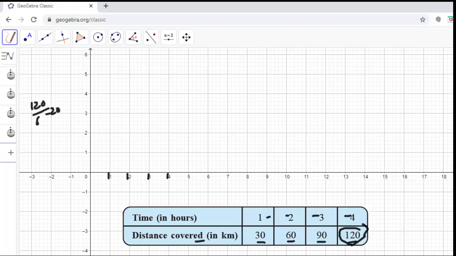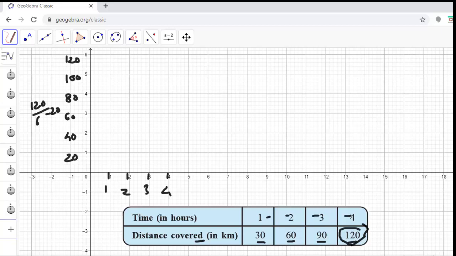So we have to choose the scale like 20, then 40, then 60, 80, 100, and then 120. The first centimeter is 1 hour, then 2 hours, 3 hours and 4 hours.